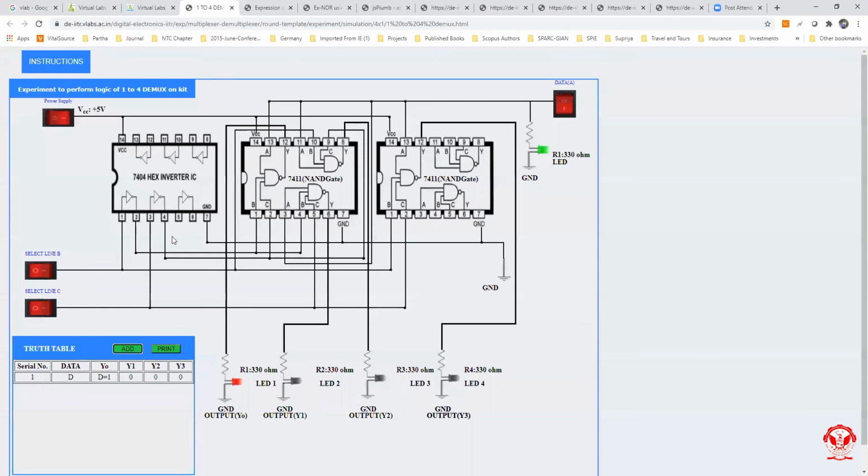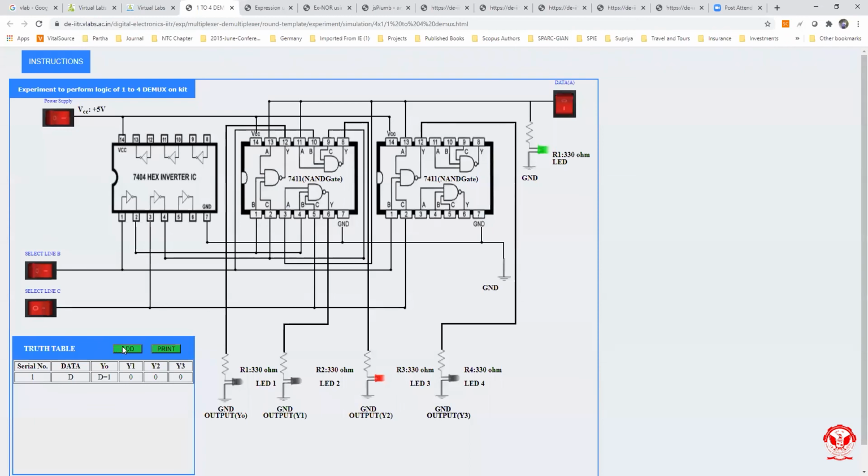Now just make the select lines 1 0. What is the value of 1 0? 2 to the power 0 and 2 to the power 1. That's why the output is 3, and LED 3 lights up.